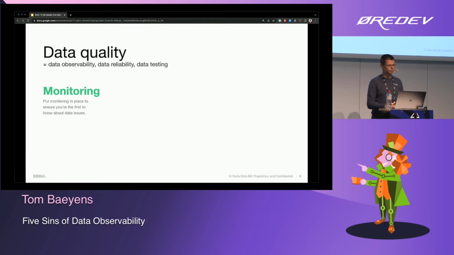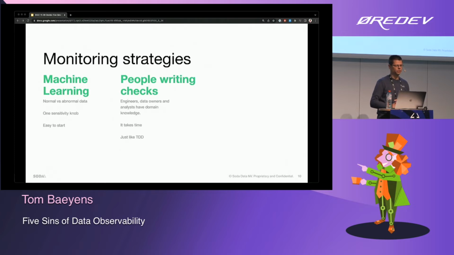So, in order to find these data issues proactively, we're going to put monitoring in practice, and there are two main strategies that I want you to be aware of as you leave this talk. One is based on machine learning. That means you're going to look at the data and let the machine learning figure out what normal data is. And once it knows that, it can flag when there's abnormal data. That's a good strategy because it doesn't require a lot of setup. Just like an empty box, you wait a bit and the machine starts learning. That's good. But relying a bit